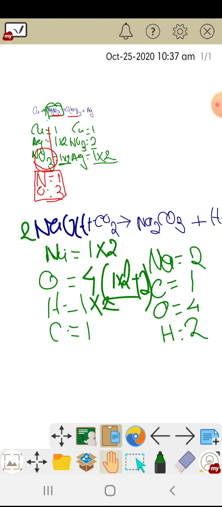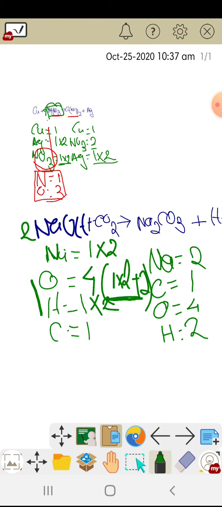So how are you balancing? You are making it as easy as to be done. We made this 2 multiplied with 1 of the oxygen atom and added the rest 2 oxygen atoms to give 4 on both the sides. Okay. And we did not take OH as a compound because OH was not present on this side.